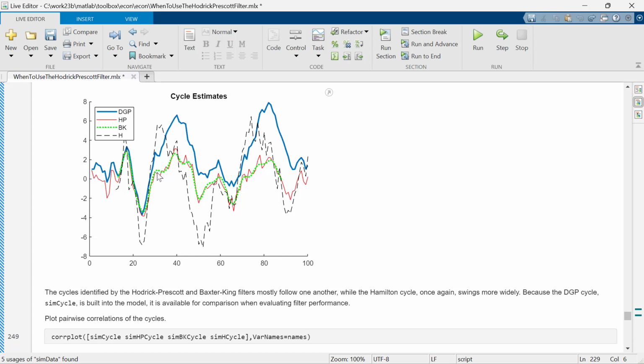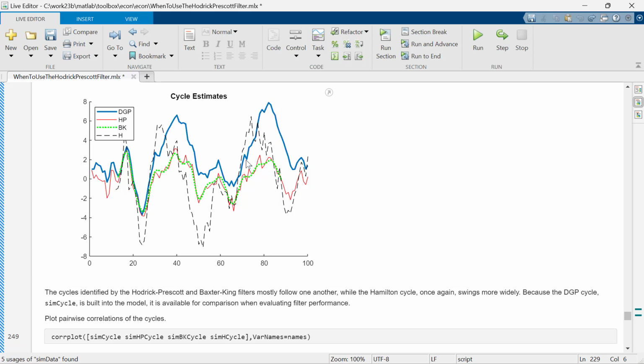The Hodrick-Prescott and Baxter-King filters follow each other much more closely, and once again we see that the Hamilton filter has much more distinctive swings at the upturns and the downturns, which could be useful for identifying turning points in